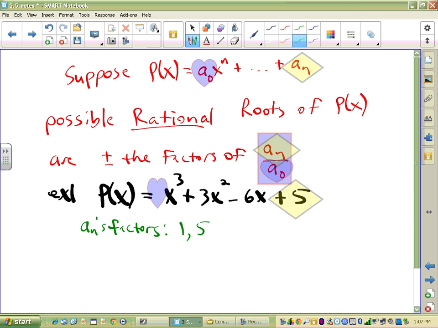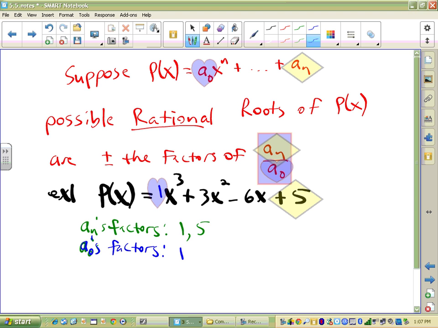Well, that's not bad. What about a sub 0? A sub 0's factors. I meant to make that blue. A sub 0's factors. Well, what is a sub 0? Well, it's 1, so it's just 1. So what they're telling us